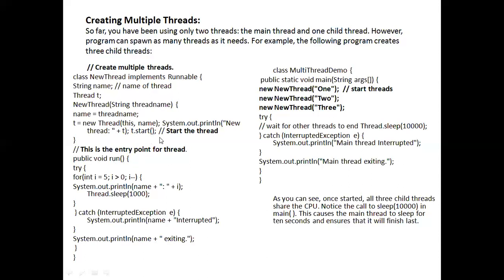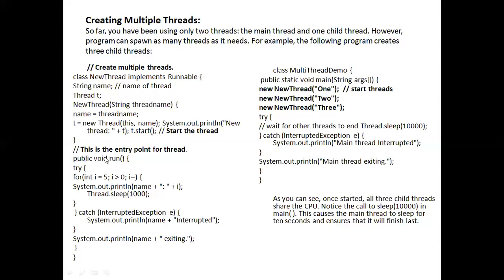So like this, at this start point only, the control of the constructor will come back to the main thread. So again here at which point? At this point, new thread with argument 3. Again this passes the argument, it goes to the constructor and that will be stored in the name. Again all that information will be stored in the local variable t and then it comes to the start method to start the thread.